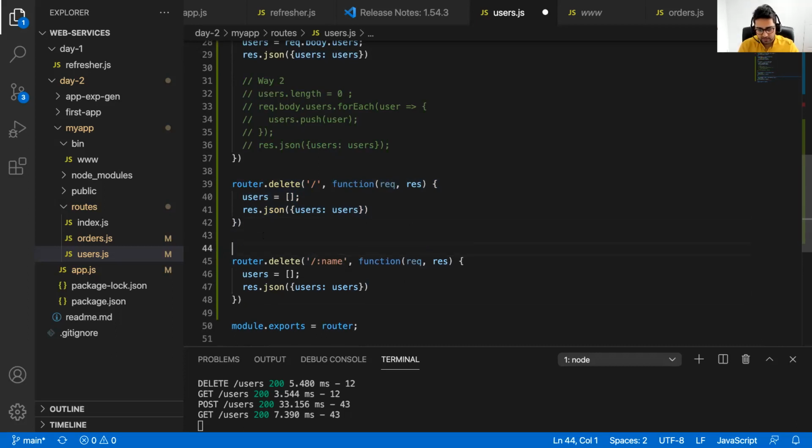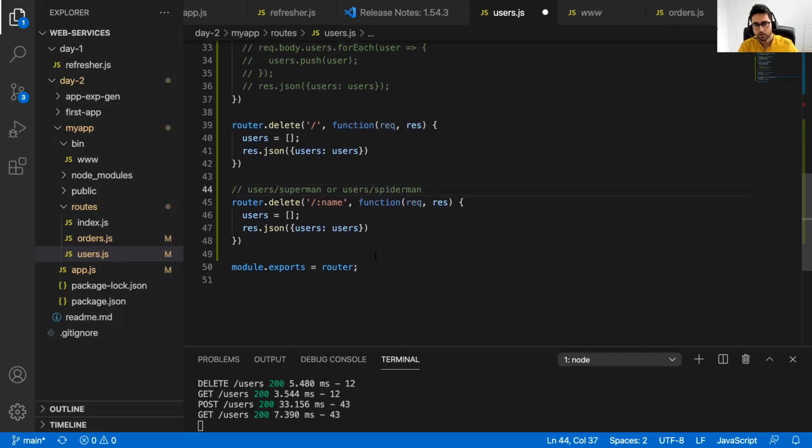When you do this, you're basically saying that you are creating a new route by users slash and then the name of the user, let's say Superman. But it could be anything. It could be users slash Superman, or users slash Spider-Man, right? And so on,